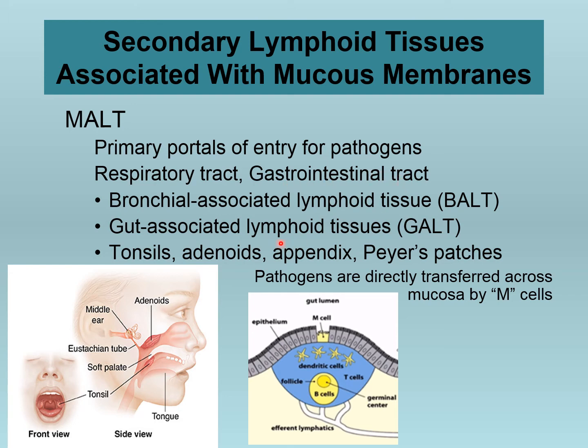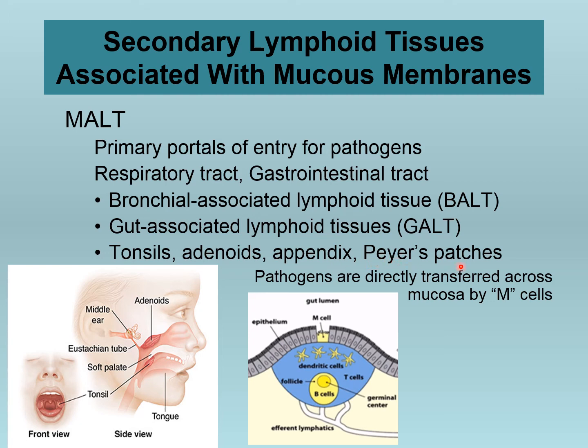There are certain regions within these tissues which are aggregated, like in the form of tonsils, which are present at the pharynx region, as well as adenoids, which are present in the upper part of the buccal cavity, and they perform the function of capturing the antigens which enter the respiratory tract. One such tissue is also present in the appendix, and there are specific